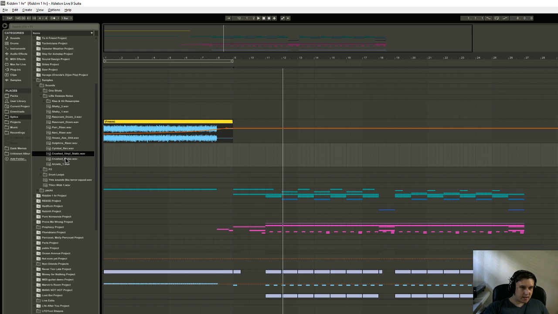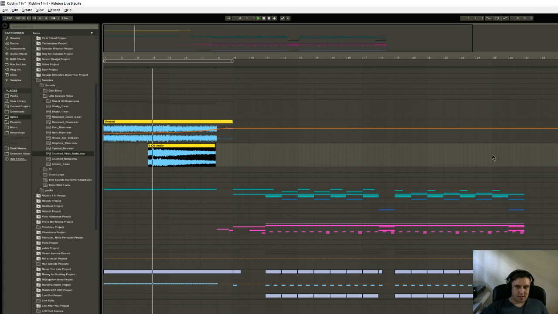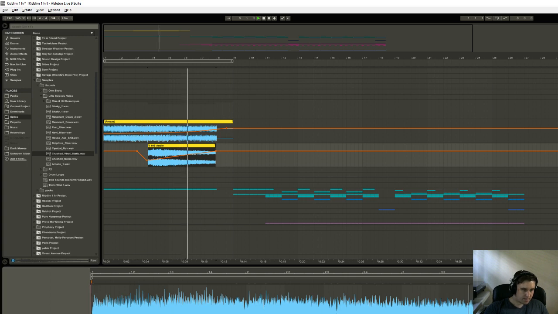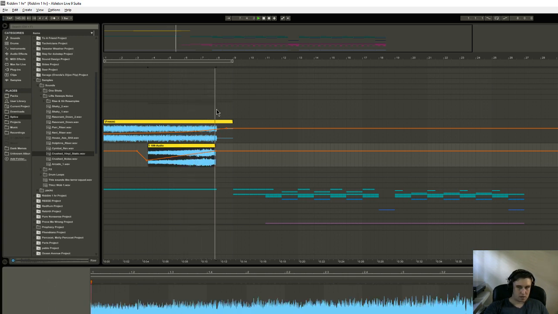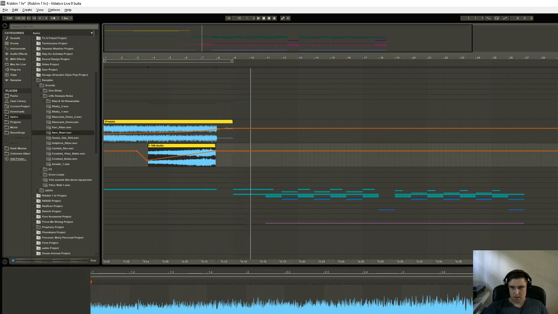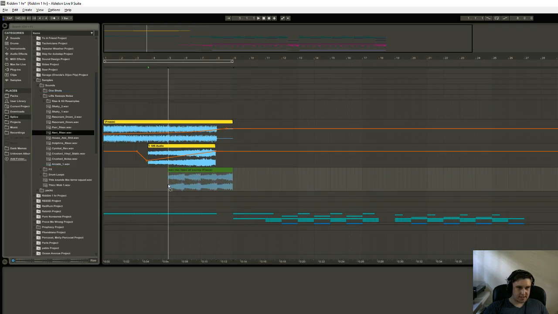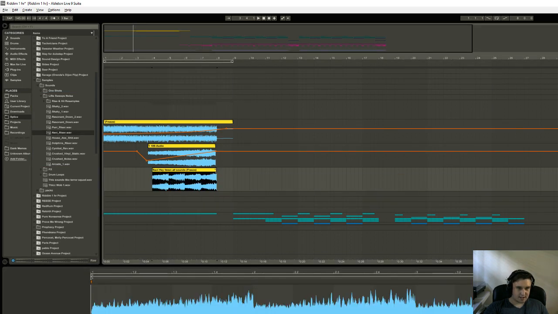Alright, so if you think that's cheating, I don't care. Why? Because I use it. So a lot of these risers I wind up using in a lot of my tracks. Again, if you think they're cheating, I don't really care at this point. But yeah, a lot of these are things that I've made that I put into